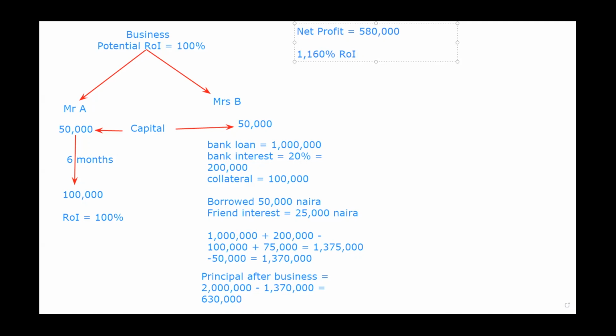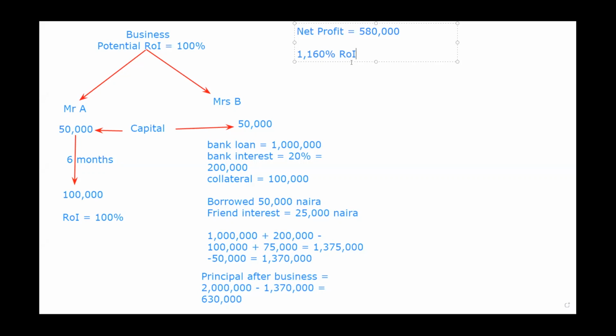ROI. So you can see that all the thing he did is what we call leverage. Leverage simply means borrowed money. That's what leverage means. It means borrowed money. So when you use borrowed money or loan to do a business, it helps you to magnify your profit. Of course, it can also magnify your risk as well, because let's imagine the business doesn't work out as they anticipate. It will be owing a whole lot of money, right? But if it works out, this is what is going to make